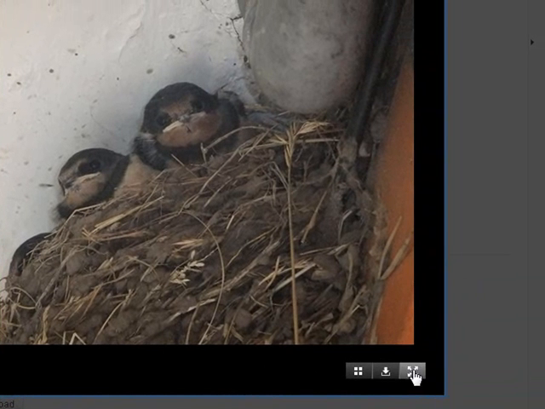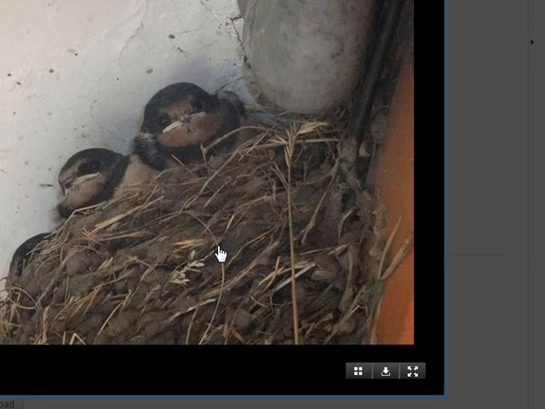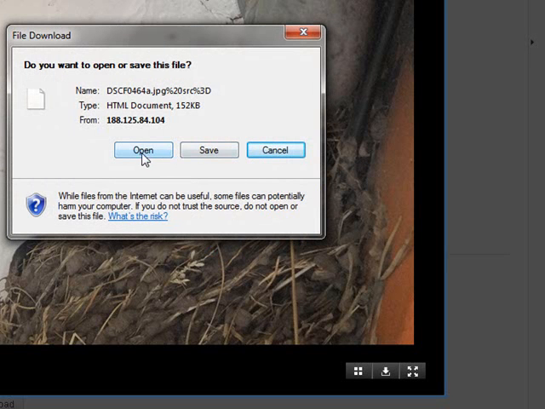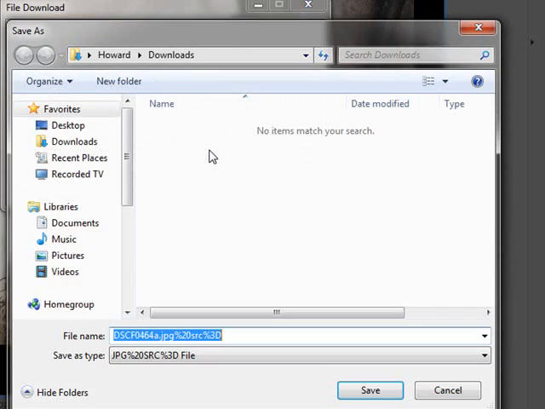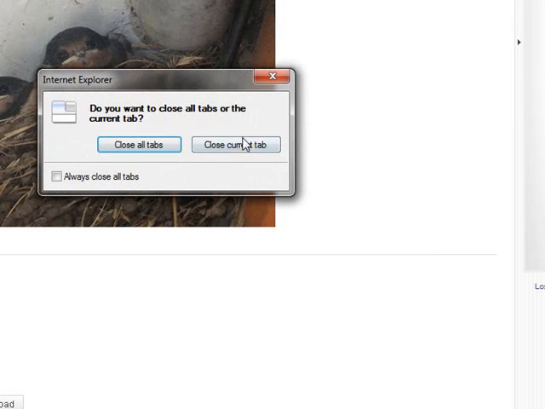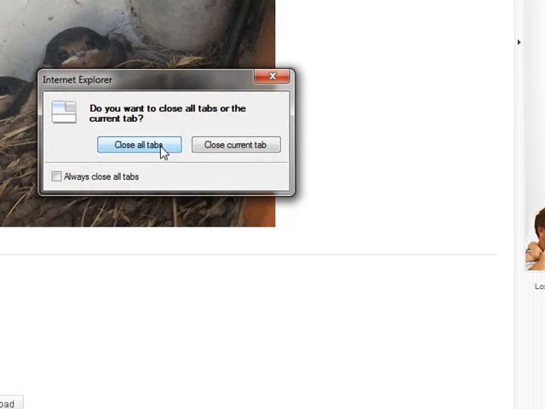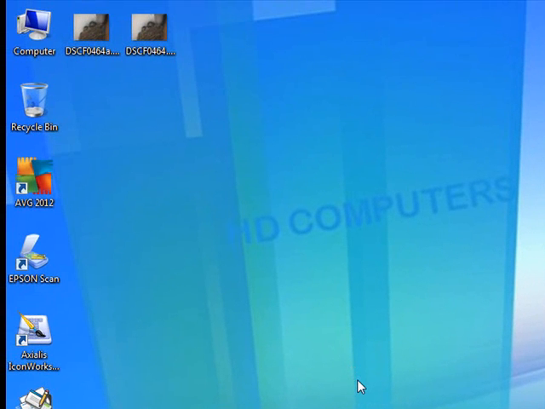I can see it in a slideshow. I can click on the middle button, which is download, and then continue. And I can save it in the downloads folder. And it's literally as simple as that. I know some people get a bit worried about doing tasks in case they break the computer or upset the email, but it is literally as simple